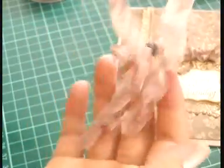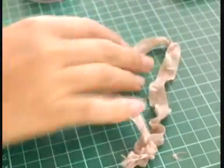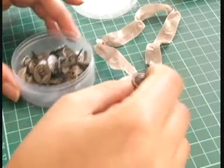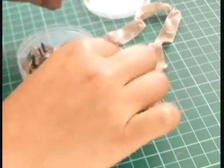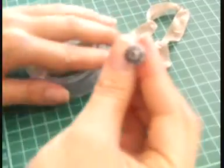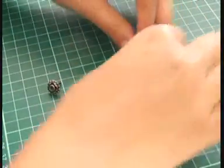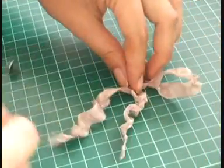Alright, so this is the look that I've achieved, and then what I'm going to do is with this ribbon here, I'm going to use a vintage brad and a small one. You can pick and choose which one you like. I liked this one. That one's quite a pretty one. Now, you don't have to actually create a bow. All I've done is create a loop, the two bunny ears, and then